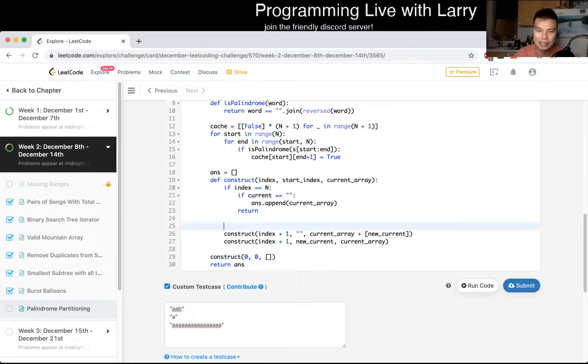So now we can check the cache of start index and current index. If this is a palindrome, then we can use it, right? I'm also worried about off by ones, to be honest. Let me think about this for a second, because this comes up a bit. If this is good,